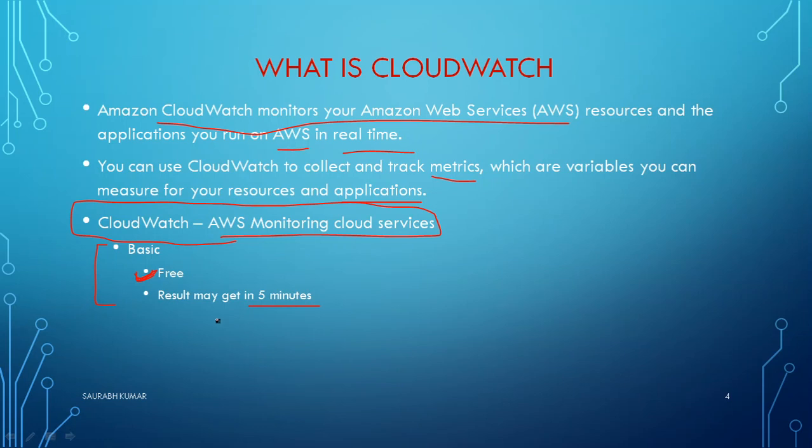When we talk about enterprise level, when we talk about any organization, they go for the second type, which is detailed monitoring. Detailed monitoring uses a pricing model. It is not free, meaning there will be some cost depending on how many alerts you are generating, how many times it is helping you, and so on. You can go to the AWS site and get the pricing, because it varies all the time. I'm not going to share what exactly the price will be. There is nothing like a fixed price; it is always variable and depends on how much you utilize.